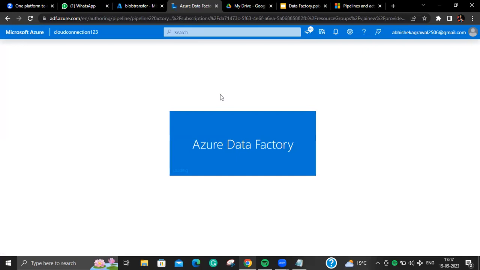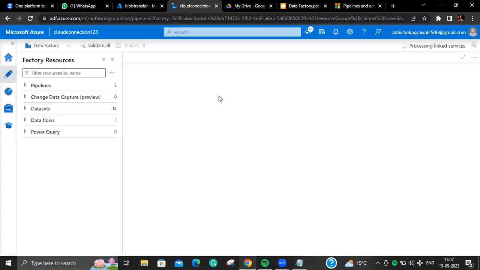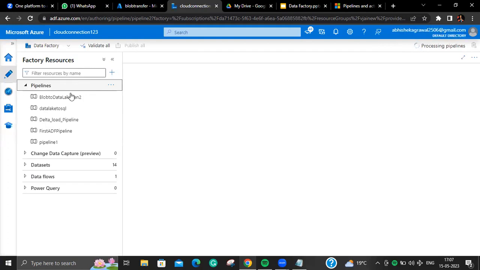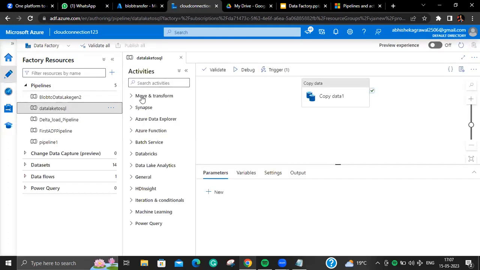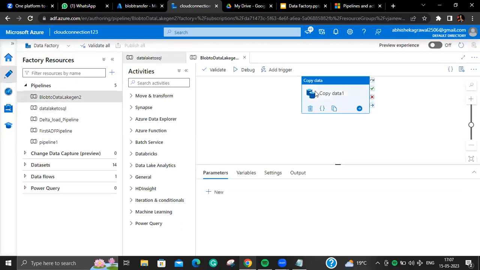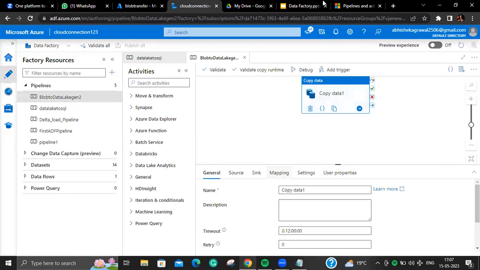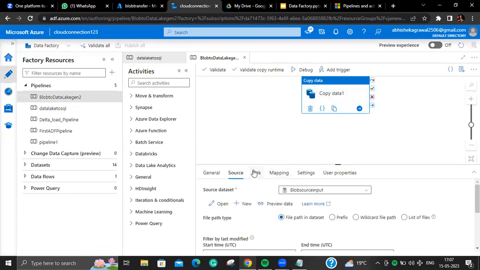Because in all the pipelines you create, you will always use the copy data activity. So it's important to learn it in a detailed fashion. Okay, so here I will go to this pipeline, and in the copy data activity, now your source and